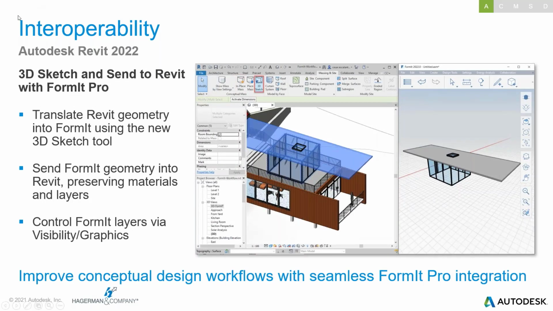Okay. Let's see, and hopefully we have some FormIt users out there. If not, now might be a good time to adopt some FormIt workflows because